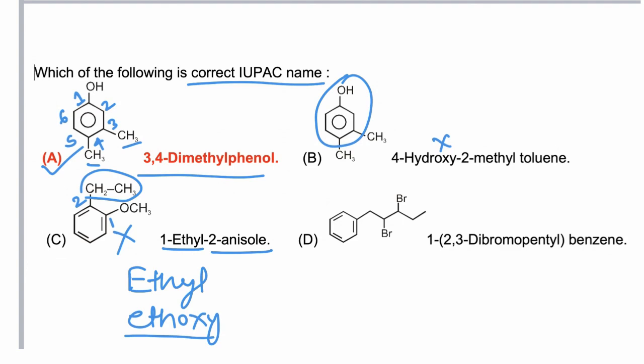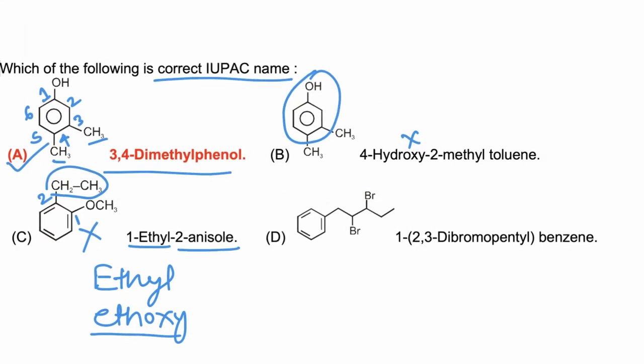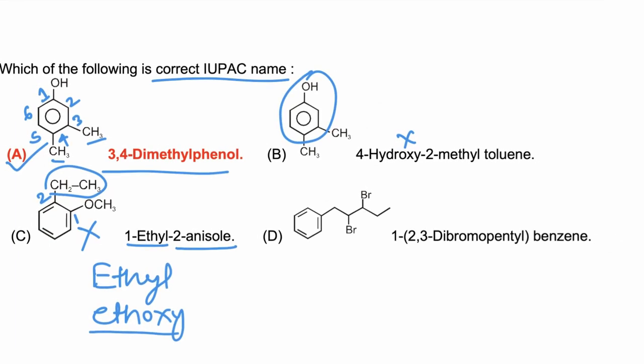This is not correct. Now in option D, the principal chain is the chain which is having the functional group, no matter whether the functional group is prefix class or suffix class. So it should be the main chain, and the name of the compound should be 1, 2, 3, 4 and 5. The name should be 2-bromo, 2,3-dibromo, 1-phenyl and 1, 2, 3, 4, 5 pentane. So this is an incorrect name, and hence the correct answer is A.